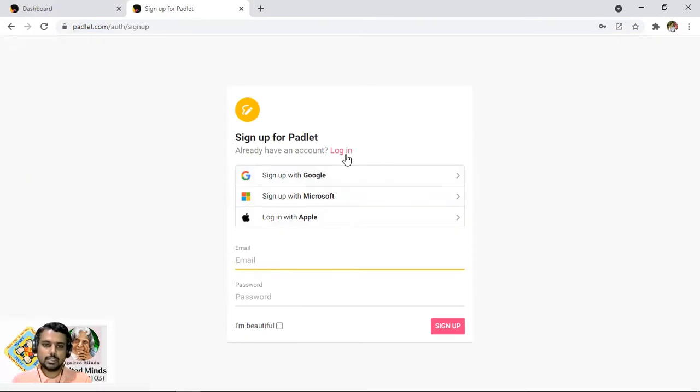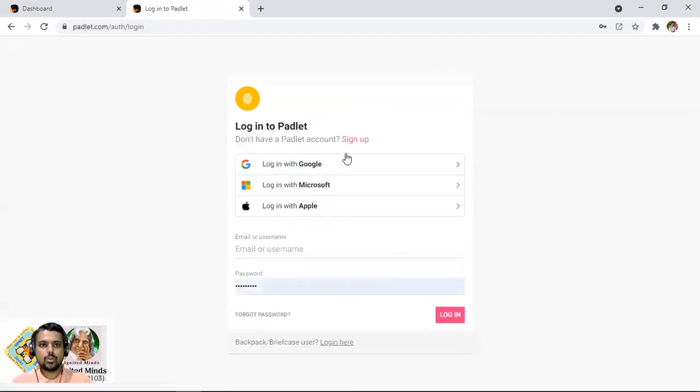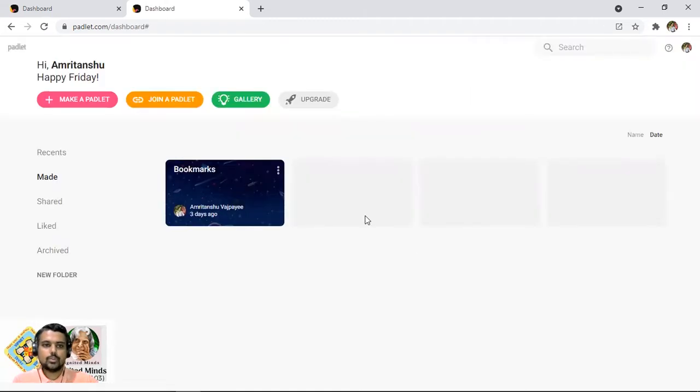After you have done a perfect sign up, an account is created over this website of Padlet, and you do receive an email onto your account receiving a welcome note from Padlet. Then what you have to do is you just have to log in to your Padlet. You can see over your screen that now at this moment this Padlet account is active for me, and this is my account window, which is known as a dashboard.